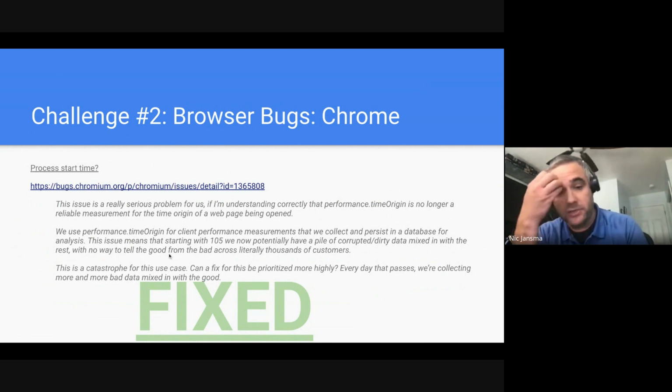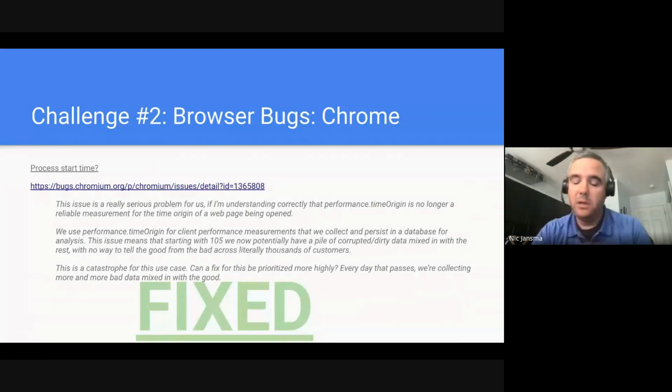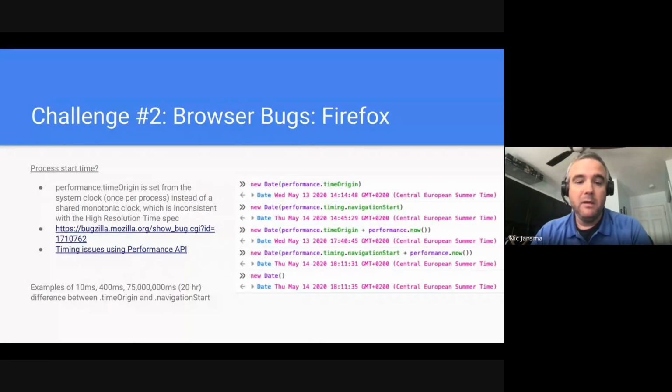There were some issues, if I remember correctly, with some drift that was happening with timeOrigin, and it would get away from the desired value. I think this one is fixed or currently shipping or going to be shipped soon. But it was resulting in the timeOrigin attribute being different than what you would expect from navigation start. Firefox has a similar issue,